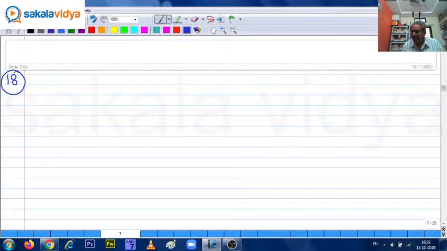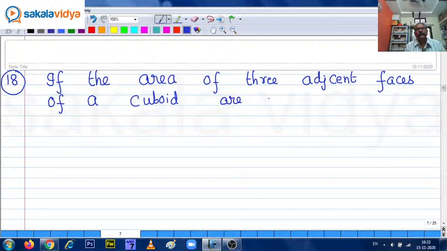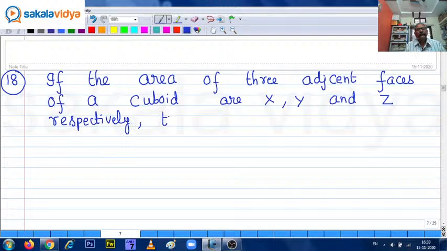So 18th question. If the, this is very important, if the area of three adjacent faces of a cuboid are capital X, capital Y and capital Z respectively, then the volume of the cuboid is